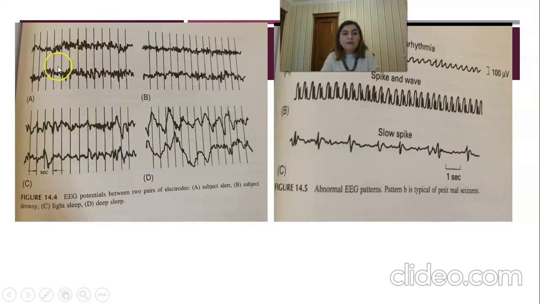It can be differentiated. For instance, here A, B, C, D for different states of the brain. A is a subject alert, and B is a subject drowsy. C is about light sleep. The last one is about deep sleep. As you notice, it represents different states of our brain. And during some disorders, for instance seizures within the brain, signals can also be different. This is an abnormal EEG, taken from our brain. And some tumors located near the brain scalp can also be detected, can be registered, due to this